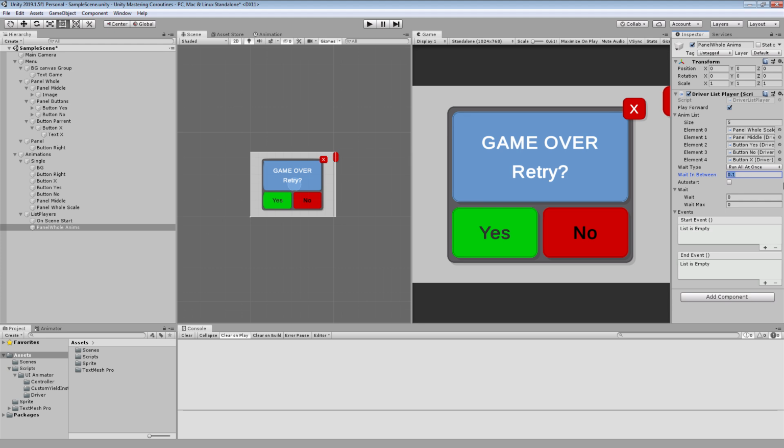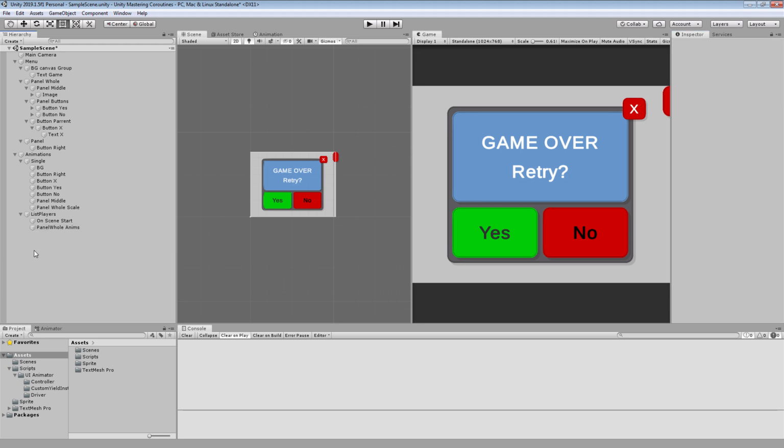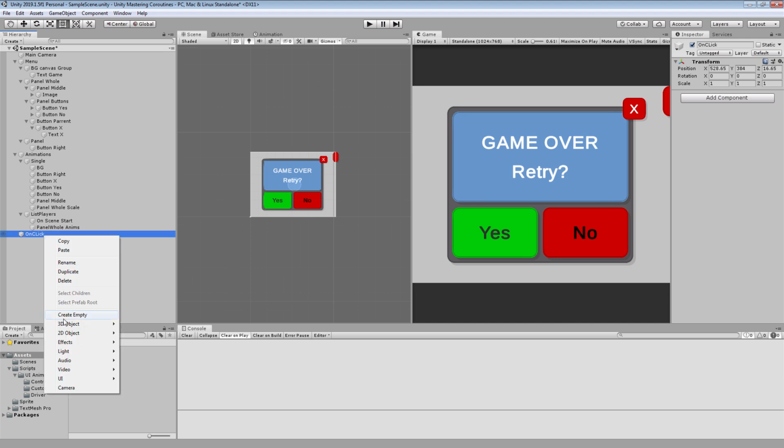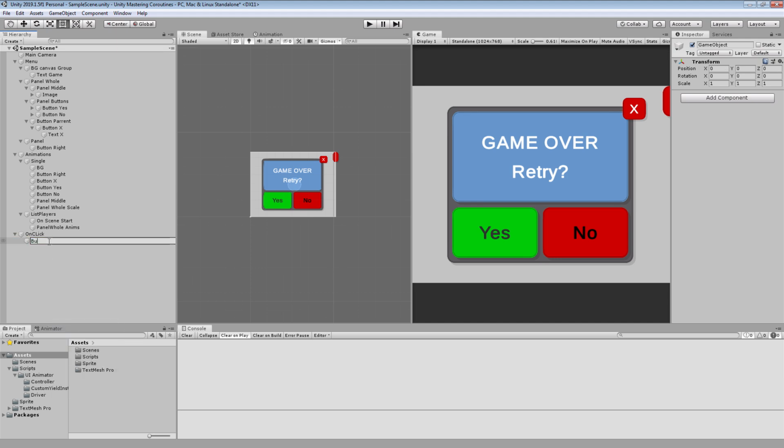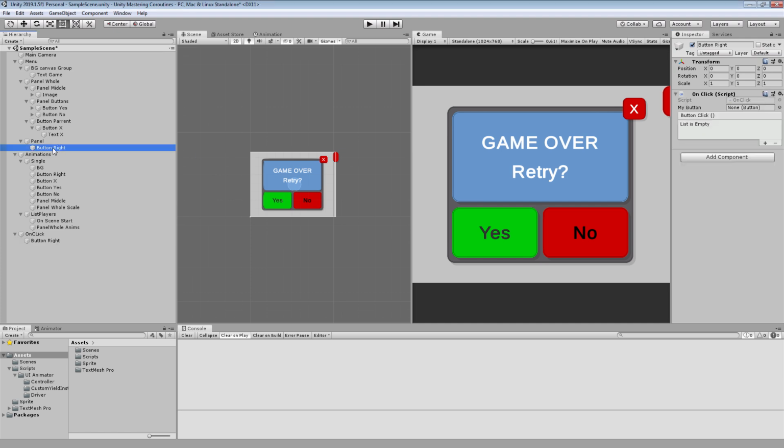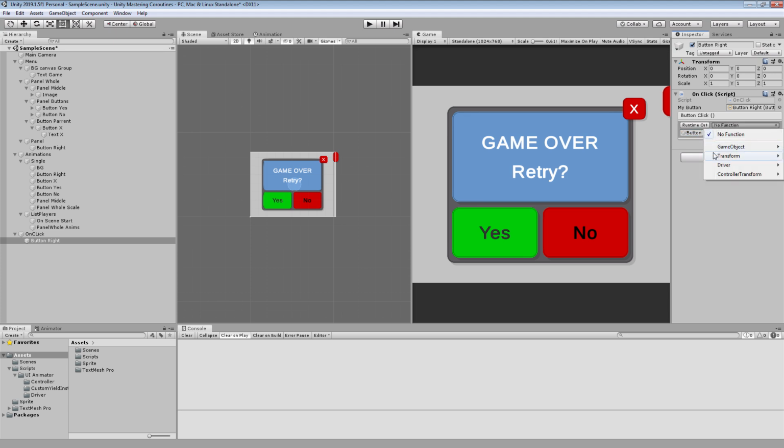Now we would like to manage our buttons, so let's create a new game object and let's call it onClick. And inside, let's create a new one for our first button and let's call it button right. Now add a new onClick component on it. And let's select button right from the menu and drag and drop it into our myButton variable. Now let's add a new click event and select button right from animations and drop it there, and from functions select